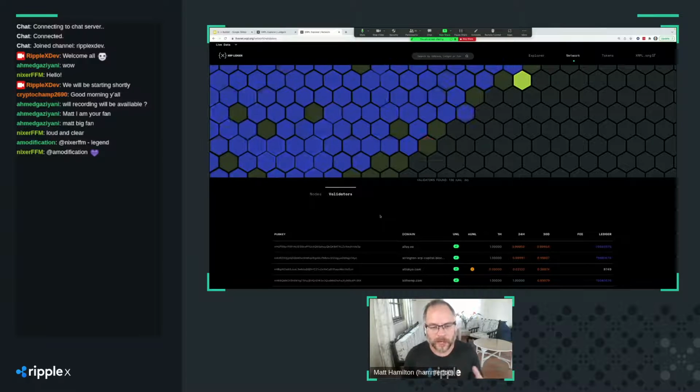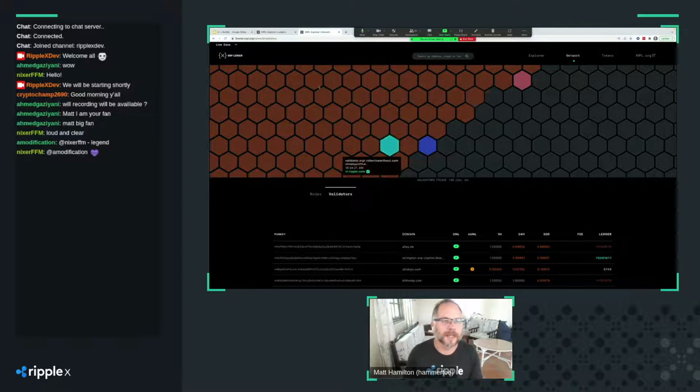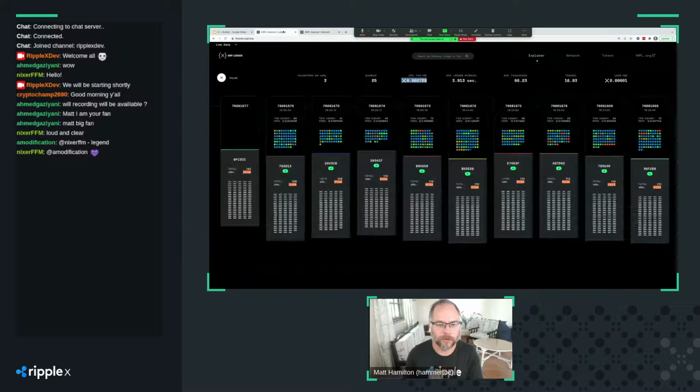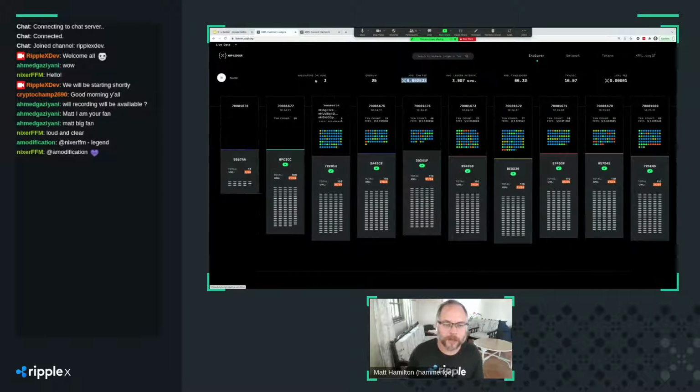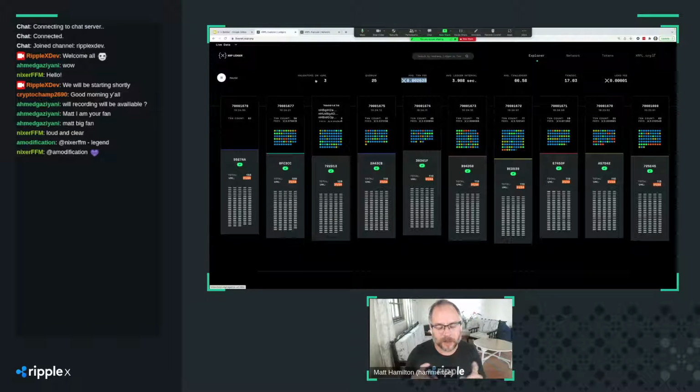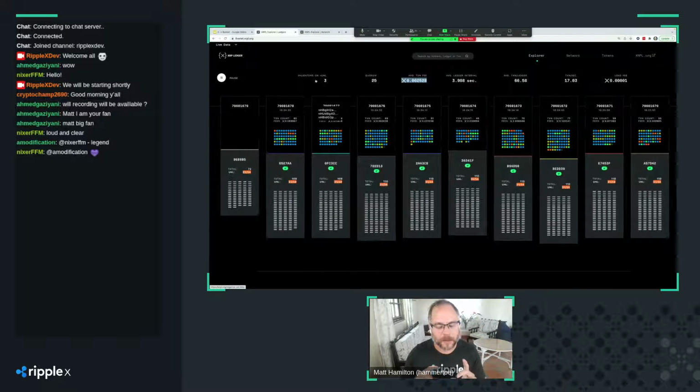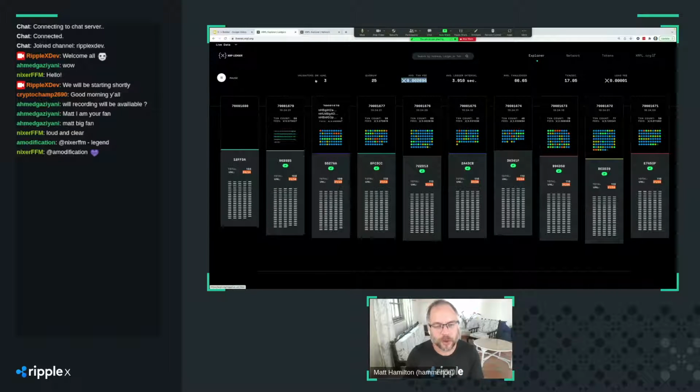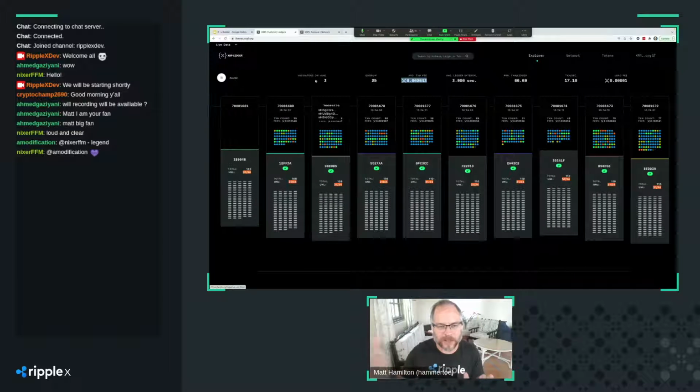So the whole point with the XRP Ledger consensus mechanism is that it is much faster, like I said, 3 to 4 seconds, which means that transactions can go through much quicker. There's also another benefit to this, and that is the finality of transactions. So with Bitcoin, if you've used Bitcoin, each block comes about roughly every 10 minutes, but it